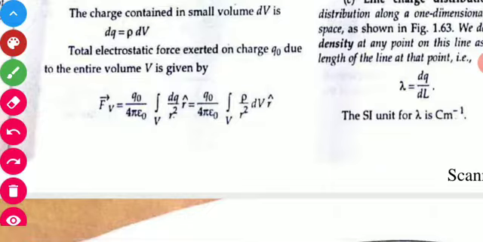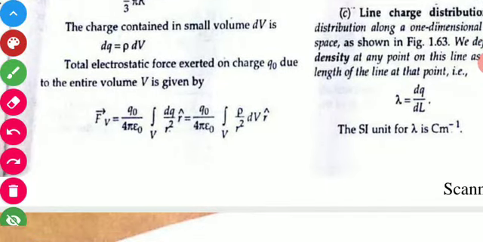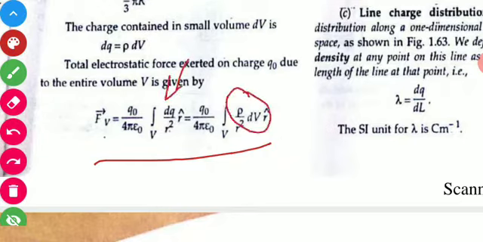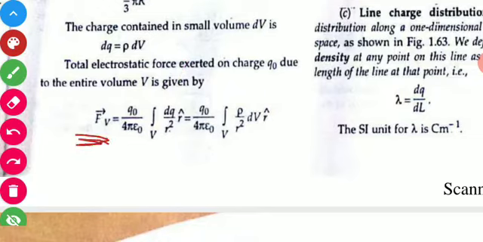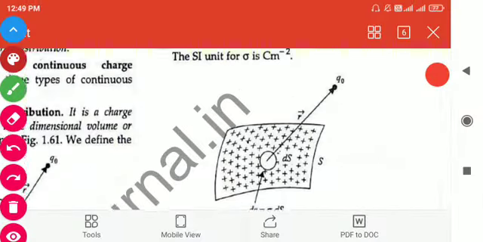Now, so as you can see here, we just put the value of dq, that is rho dv, and calculated the force for the entire volume V. Now students,